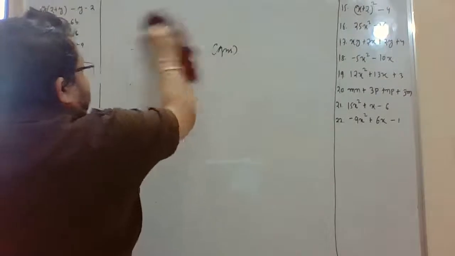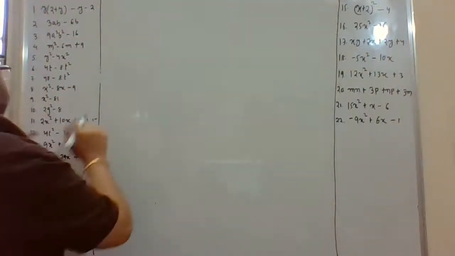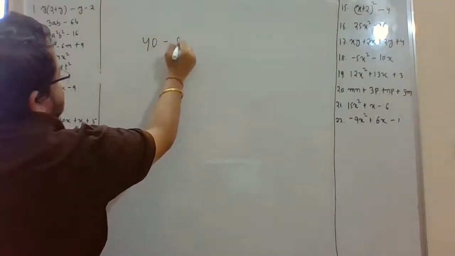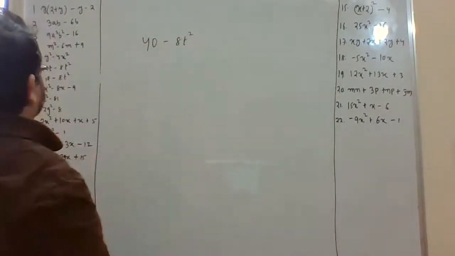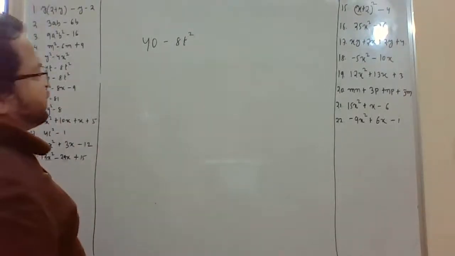So let's go to the next practice problem. The next one is slightly a twist. So 40 minus 8t squared. Okay, 40 minus 8t squared. So if you see here,